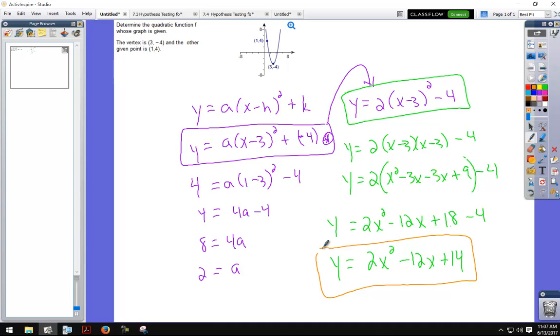So whenever they give us a problem of this nature, they're giving us the vertex. So I'm going to use